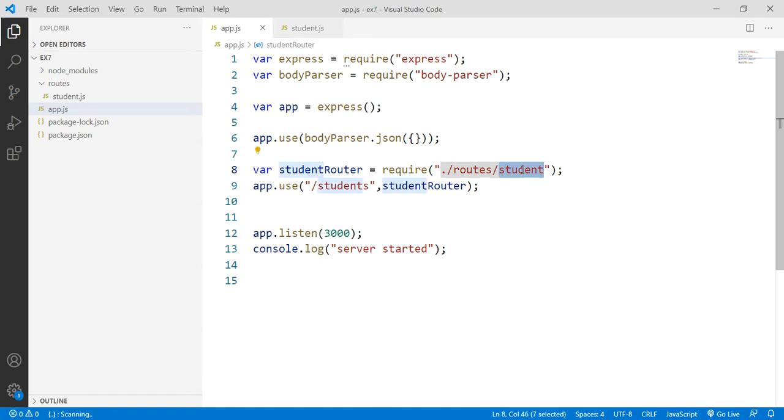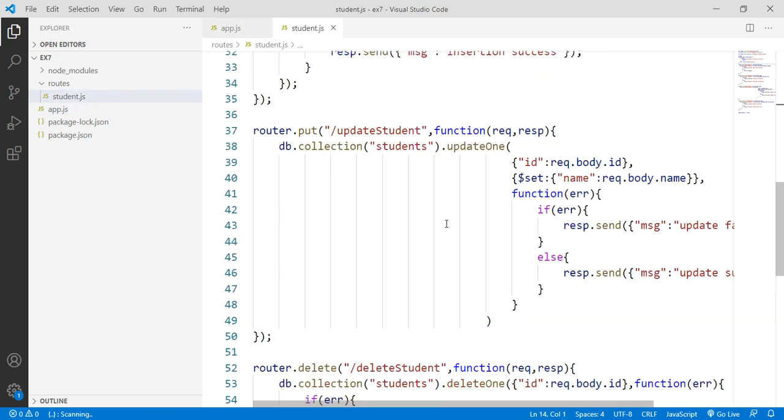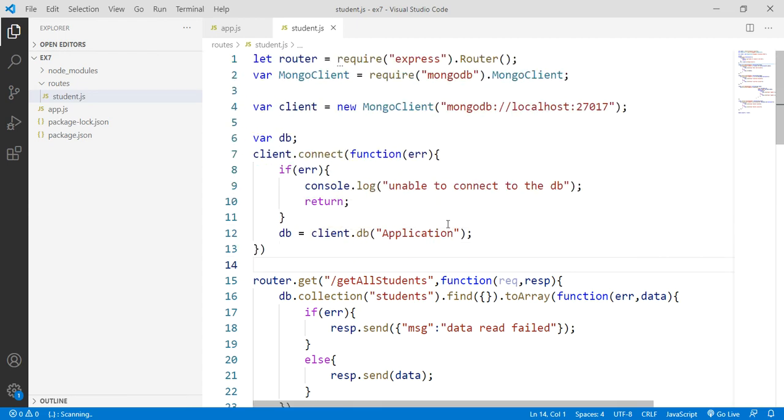Likewise, all your functionalities' code will be available in separate files or separate JS files so that my application can be developed in parallel, can be tested in parallel, and within less time. That is the single most important reason we need to go with what, sir? Routers, a routing application, implementing the routing in our application. So this is the way we can convert our single JS file to multiple JS files. So in general, in projects, we are going to do it this way.